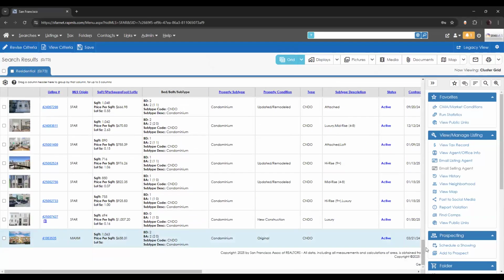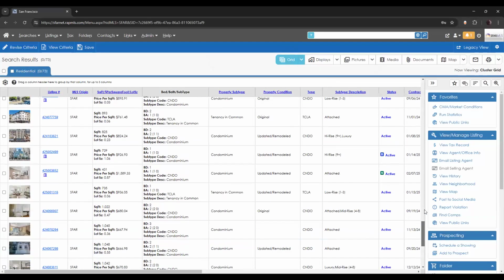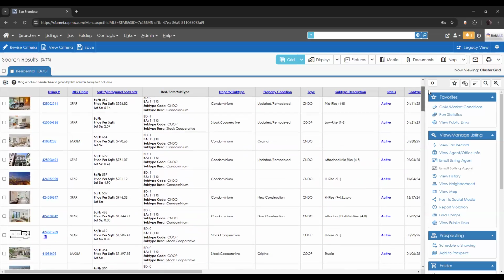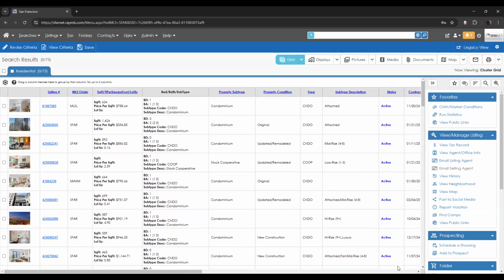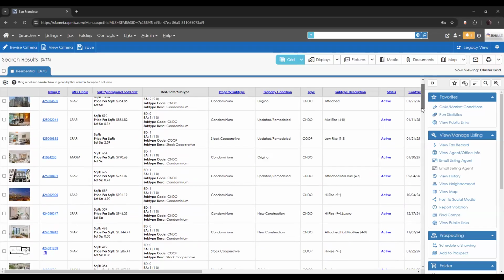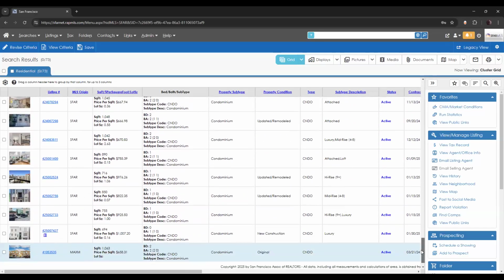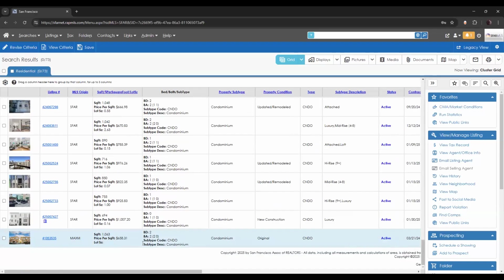And selecting the cluster grid is going to bring you back to the search results. And you're noticing how it's dropping me all the way down. The last listing I had checked was the bottom listing. So the search results will always drag you back down to whatever listing you were focused on. You'll notice that it is highlighted in that teal blue color. So no matter which one you last select, the search will remember that and it will bring you back to